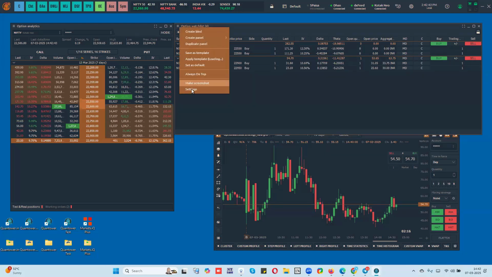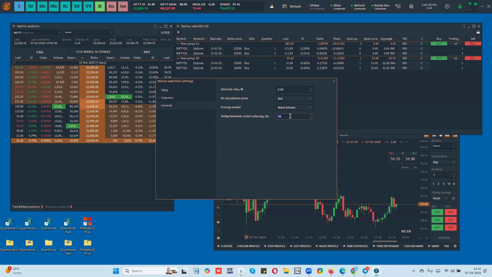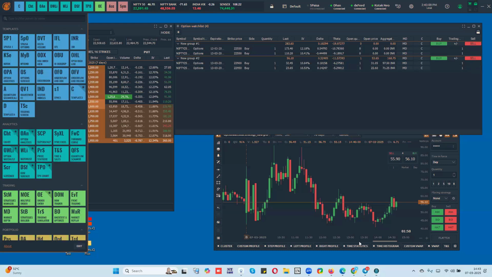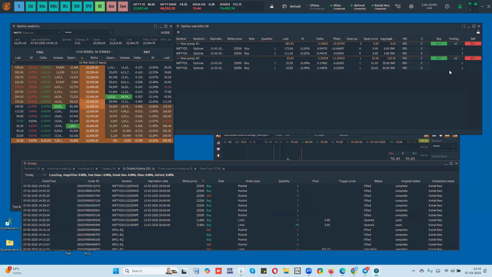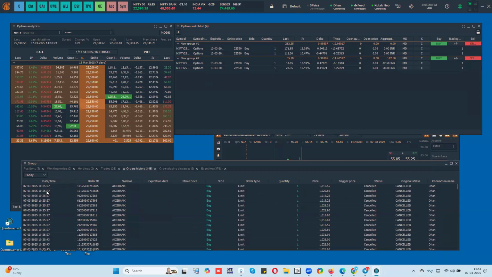Now here you also have the settings you can go to, and here you can delay your trades as well. Suppose you are buying and selling in your strategy and you want to delay the second leg. The buy leg will always go first. If you want to delay the second leg by 500 milliseconds, you can do that. Every leg will go with the 500 millisecond lag. Now when I click on this and go to the order book, you will see that my both orders will not go together. They will go with a slight delay. When I click sell here, you see that my two orders went with two different timings.